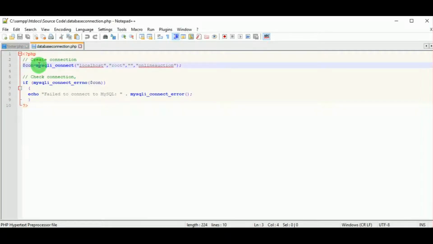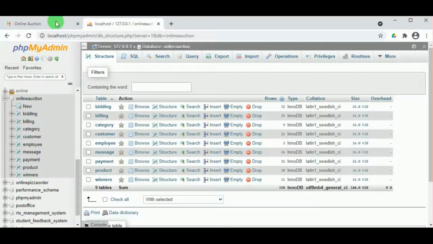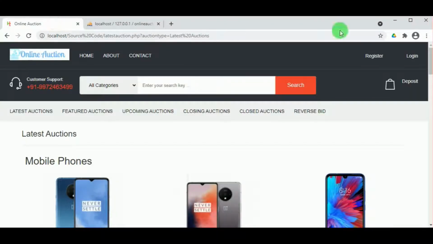Here the PHP code must be written inside the PHP tag, and mysqli_connect is the function used to connect the database. Here localhost, root, and online auction, which is the name of the database, are used, and this is stored in the variable con. If there is any error in the connection, then you will get the message failed to connect to MySQL. So this is how the database is connected.